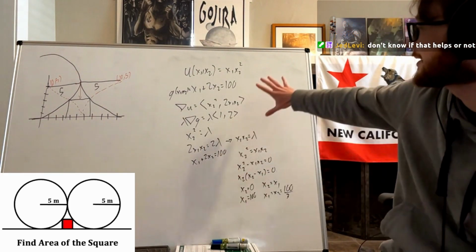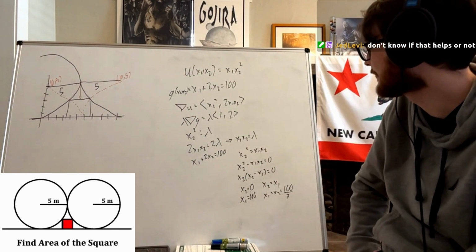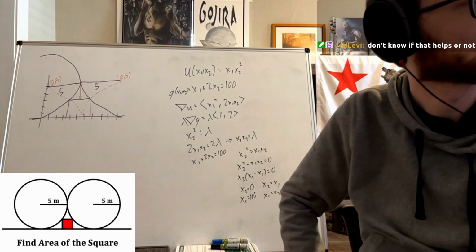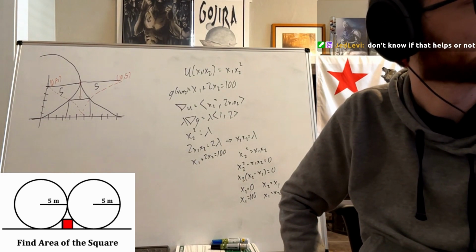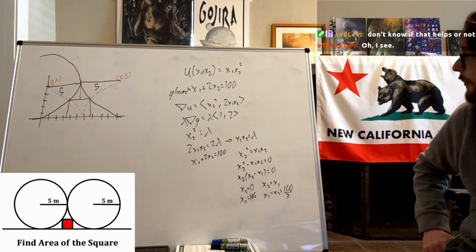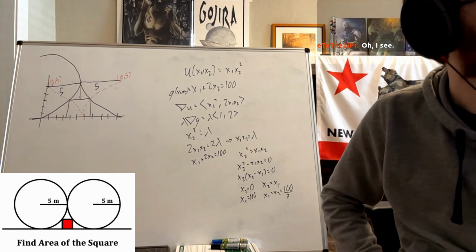Oh yeah, and on the right here, I was working on a Lagrange multiplier one. This work over here is completely separate. I just got stuck for a bit on it, so I was letting it marinate. But I think I got to the right answer here. It was like a consumer spending optimization problem. Don't know if that helps or not.